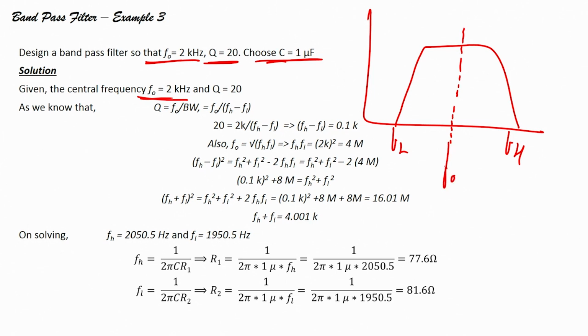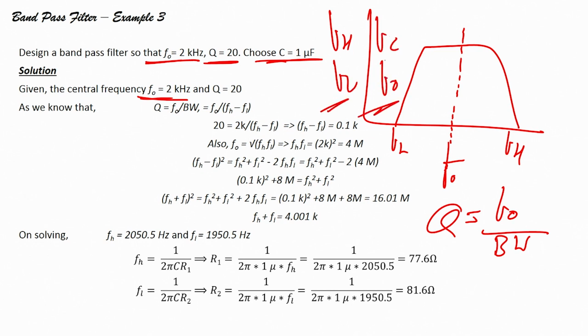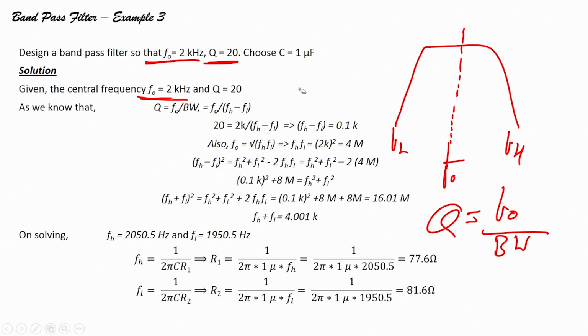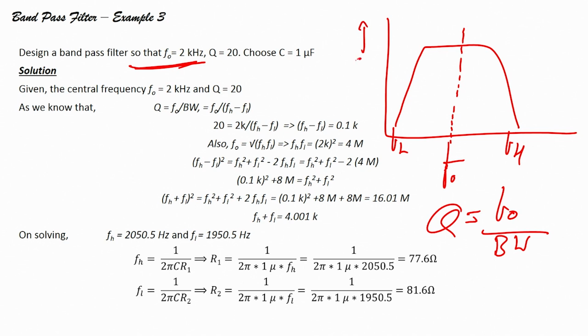So, FO, and quality factor is FO divided by bandwidth. When people say FH, FL, FC, FO, these are terms for different things, that does not mean everything is the same. This is the critical frequency, this is the central frequency, this is the higher cutoff, this is the lower cutoff. So, you have to understand what the terms are, but do not get confused if you suddenly see a new term. The central frequency is given by FO, as you have seen for this particular plot. This is again your gain in decibels, this is your frequency in hertz, and then Q equals FO